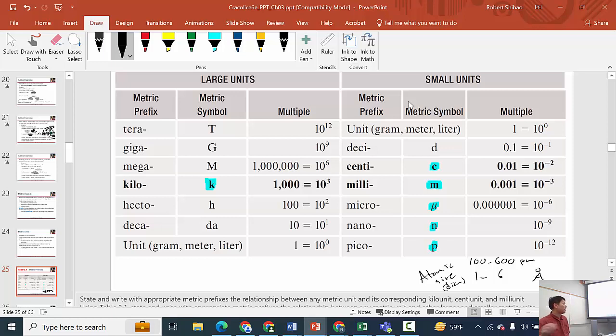So the diameter of the atoms is around 100 to 600 picometers. The biggest atoms are about 600, and the smallest atoms are 100, a little less. And for the picometer and the atom and the attosecond, what's